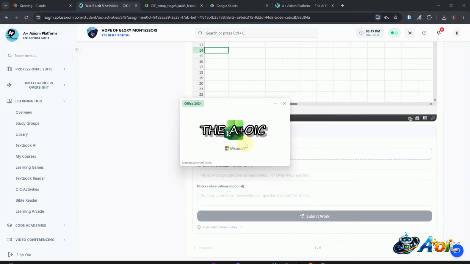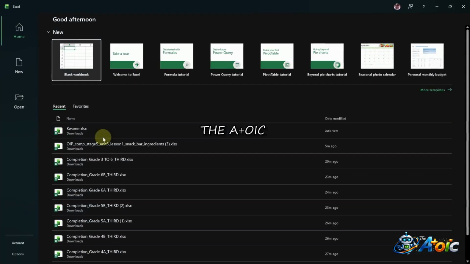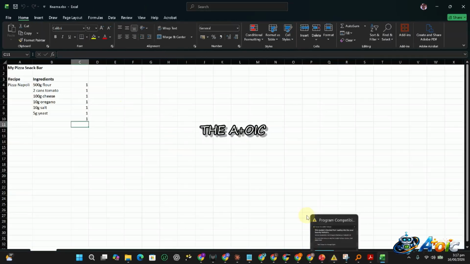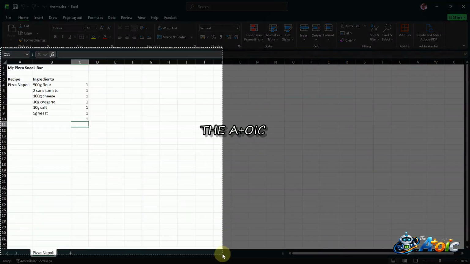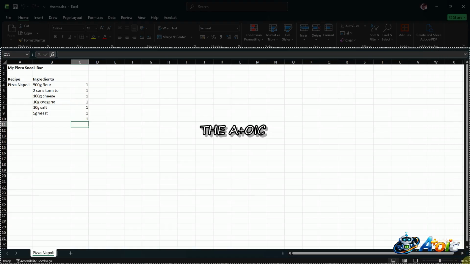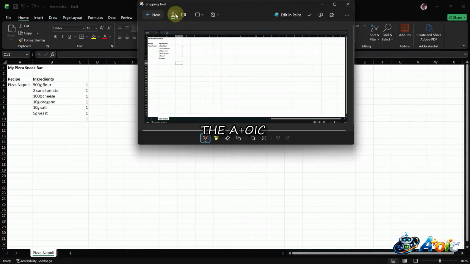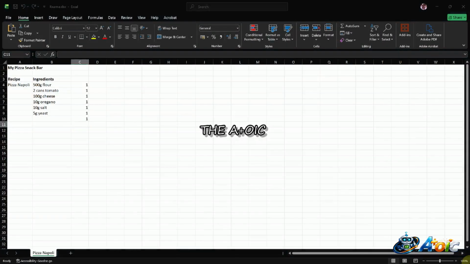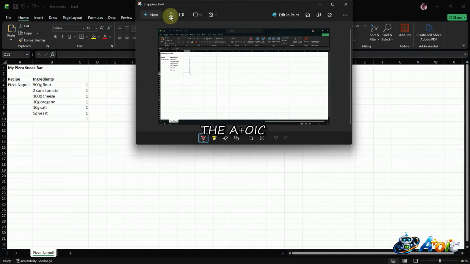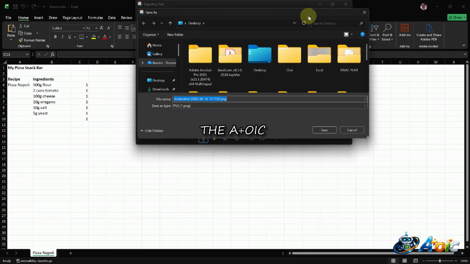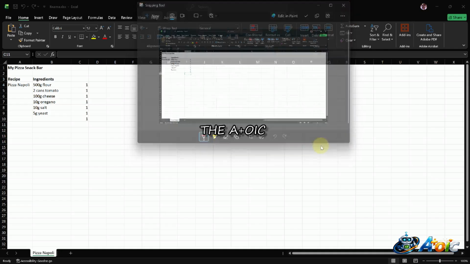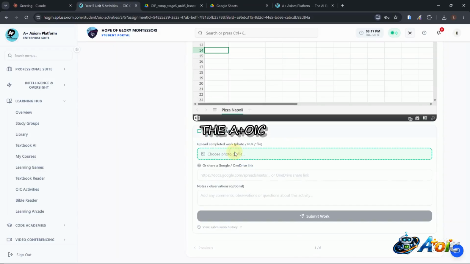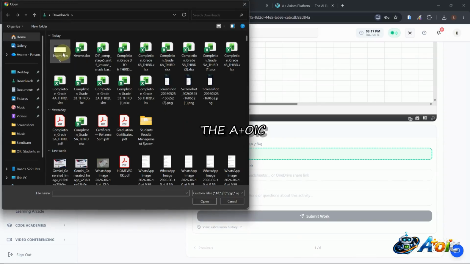So let me open it again, like Kwame. So assuming this is the original work, I'll take a picture of what I've done like this, right? You can take even the full screen, or let me take the full screen. So I'll take a photo this way and then I'll save the photo. Okay, that is saved. So I'll save it as maybe Kwame. So I'll put it still in downloads. Okay, so when I come to the work, I can just click here and then Kwame, that is a photo,